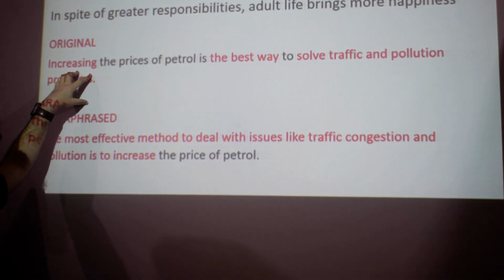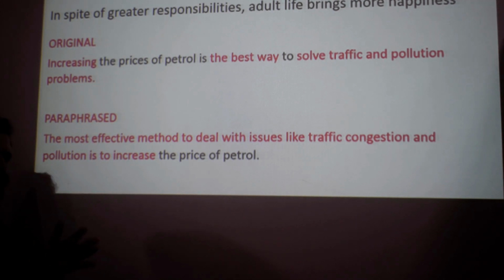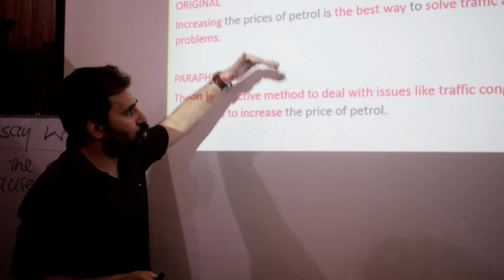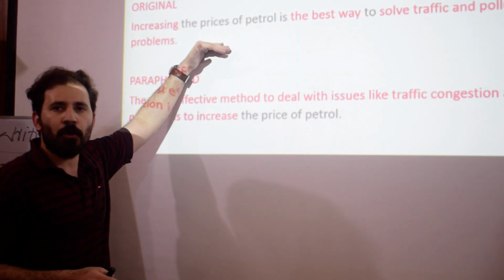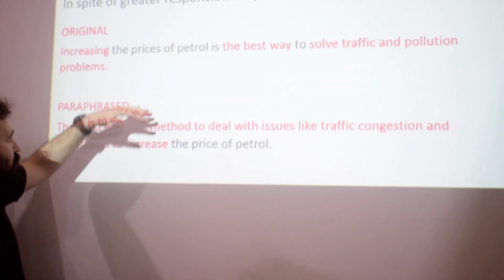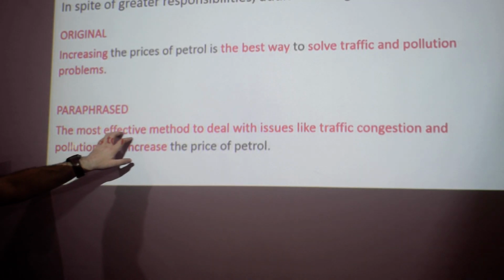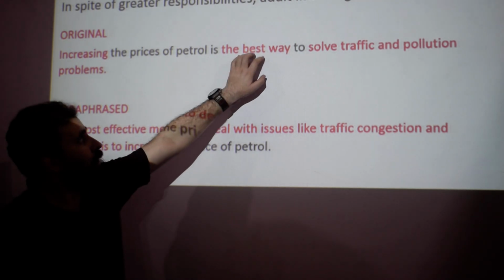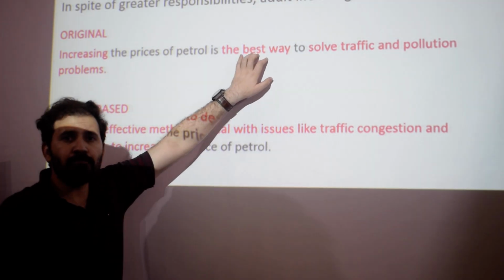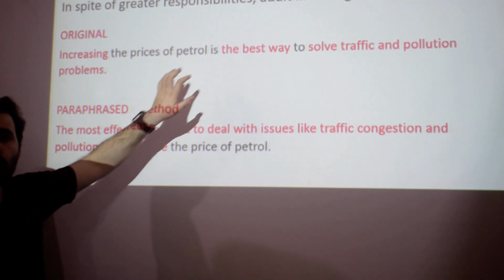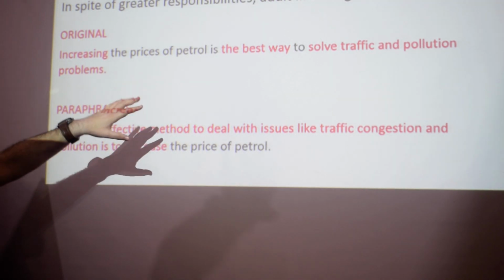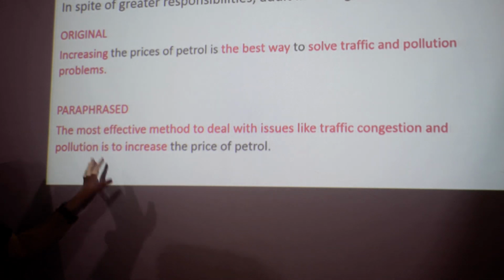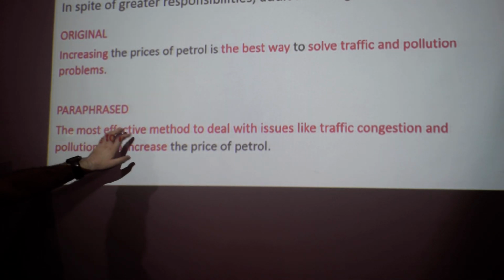To what extent do you agree or disagree? IELTS wants you to write 250 words for this. So first of all, I need to paraphrase my question. How can I paraphrase the question? Now look, for example, the most effective method, the best way. These words are here in the middle. We have brought these middle words to the beginning. This is called paraphrasing. How I started: in place of the best way, I use synonyms, plus I change the order. I said, the most effective method